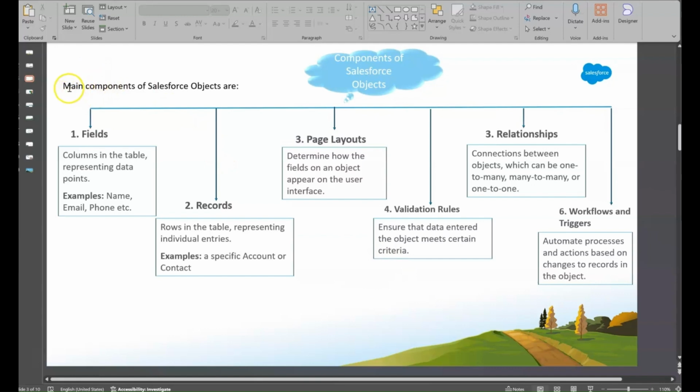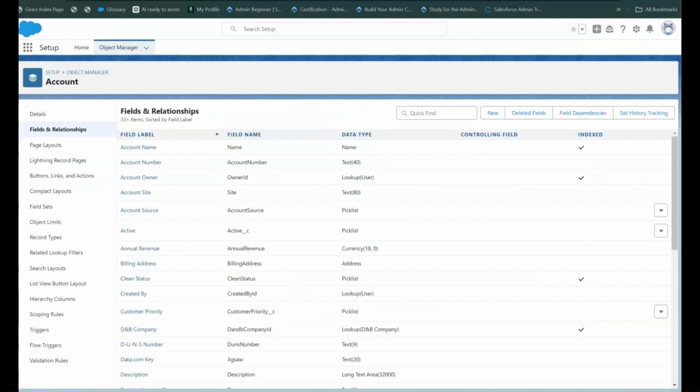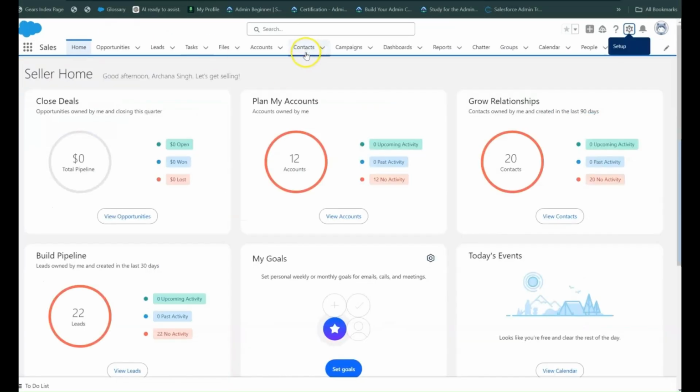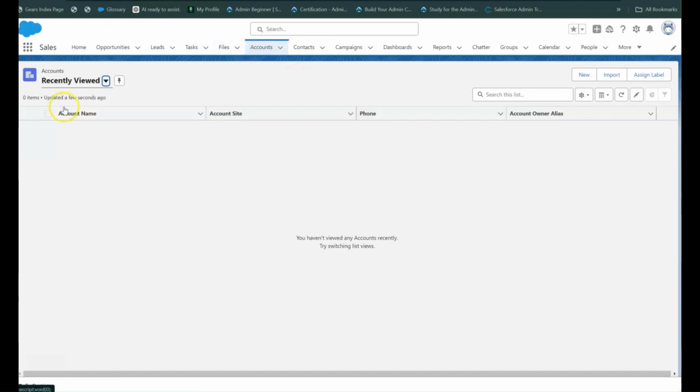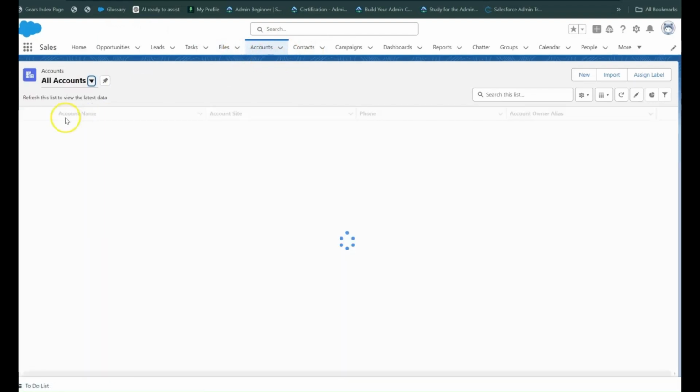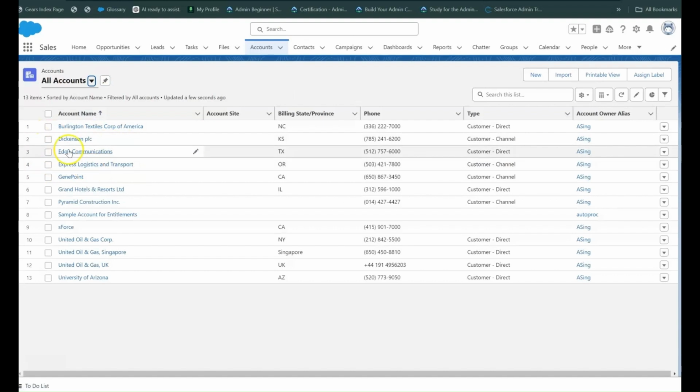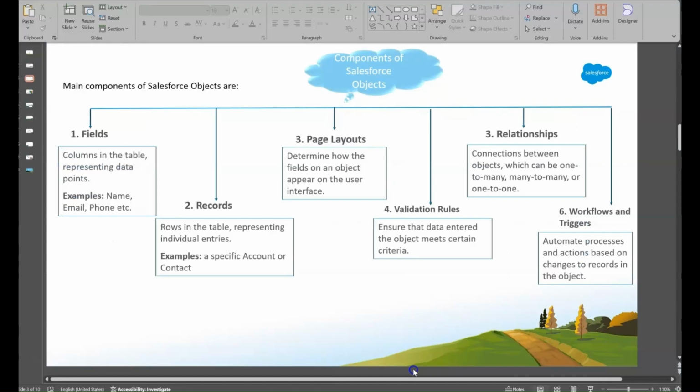When we talk about objects, the main components of objects are records that we talked about, and fields, page layout, validation rules, relationships, and workflow and triggers. Fields are columns in a table. If you go to the account object, you see these are the records and these are the columns. Records are the items, these are account records, whereas fields you can think like columns, and each column has